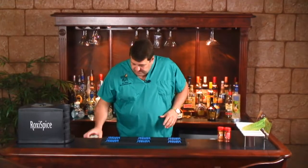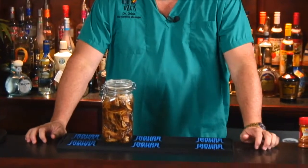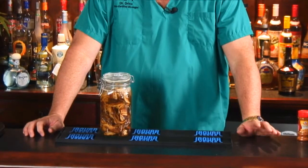So I took a jar like this. This is bacon in it that's fried. I went over to a place here in Houston called Pete's Fine Meats. They have extra thick peppered bacon, and it's smoked with pecan instead of hickory. I think that's what he told me. So it gives it a different flavor. Anyway, I took the bacon, fried up a couple of pounds of it, put it in this container,